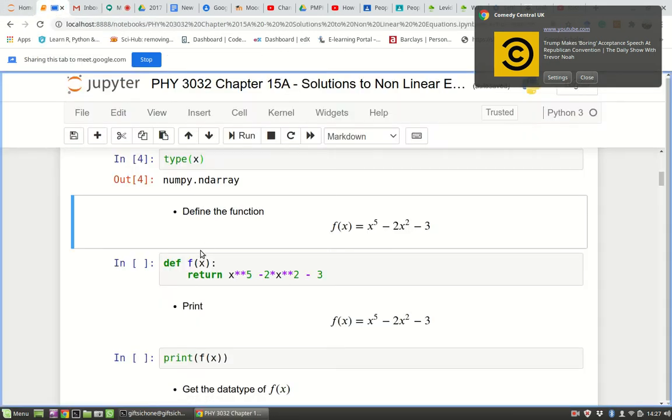Okay, so how do we do this? So basically what you have here is a function f. This function f accepts a value of x. Then when it gets this value x, it raises to the power 5, then minus 2x squared, then minus 3. Then it gives you a value of